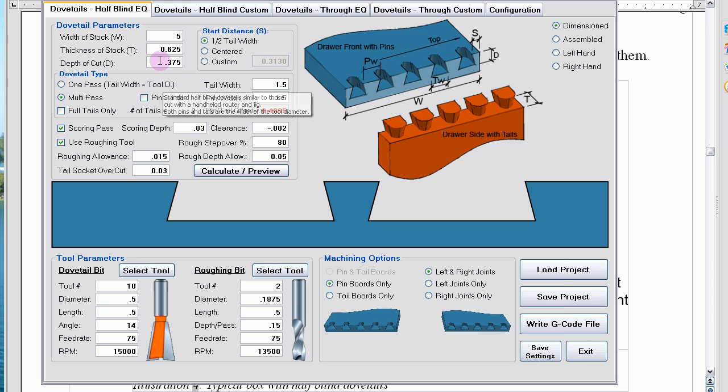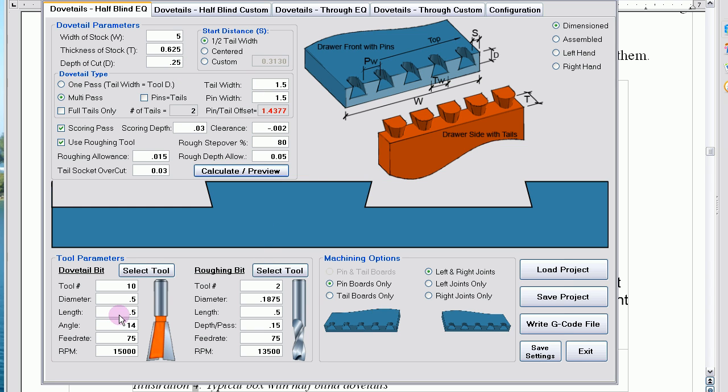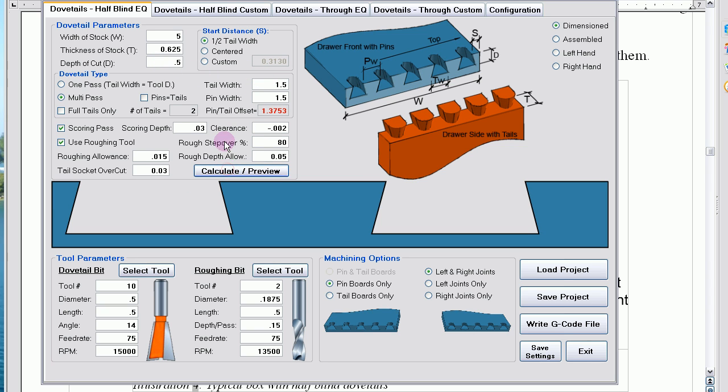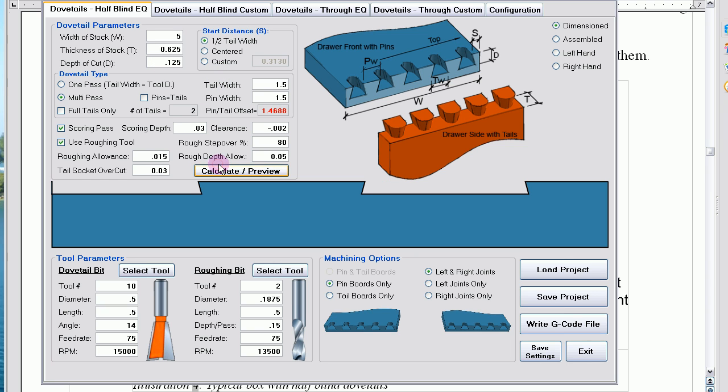Also note that you can vary the depth of cut to just about anything you want, as long as it's within the length of your bit, which down here we have a 1/2 inch. You can cut a full 1/2 inch. You can cut 1/8 of an inch. So we can use thin stock, thick stock. One bit can cut an infinite amount of joints,